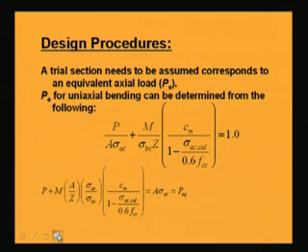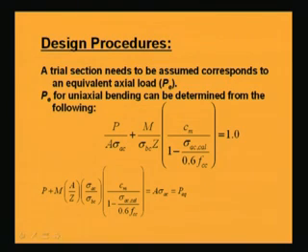Now, we have to find some design procedures, as we have discussed in earlier steps. When the member is subjected to only compression load, we have told how to assume first the allowable stress, then how to start the design. Here allowable stress we cannot assume because we do not know what is the total load. Allowable stress we can assume, but what will be the required area cannot be determined unless we know what is the total load coming,